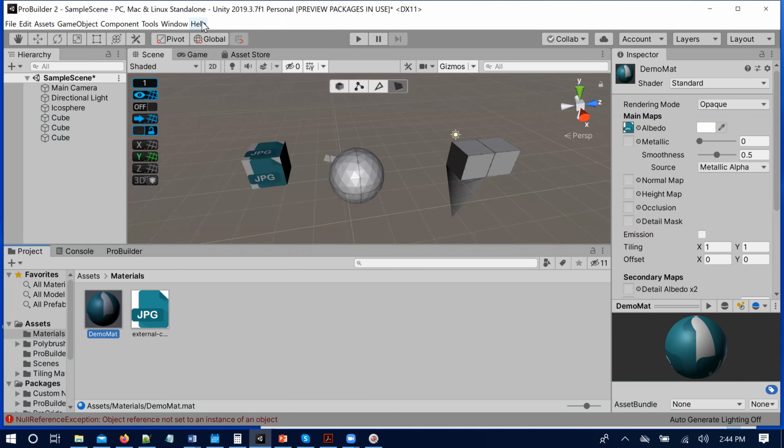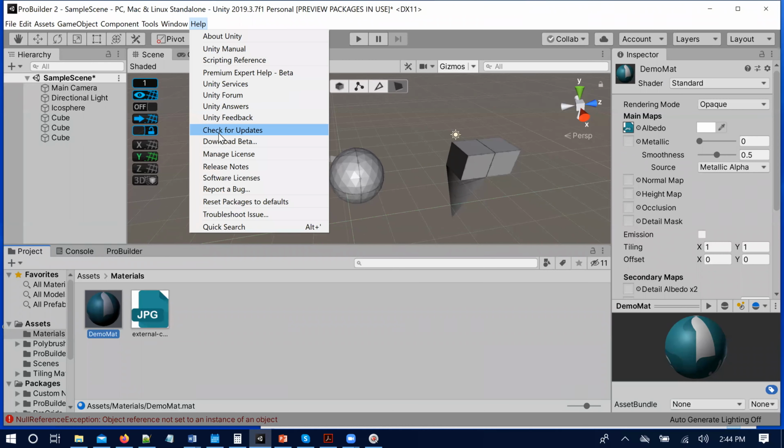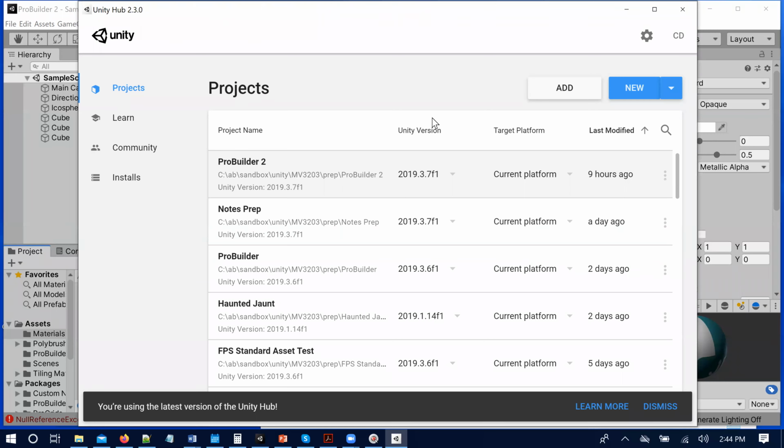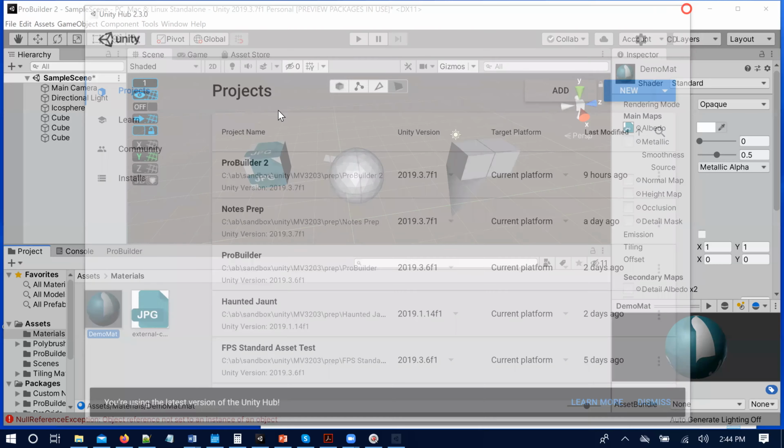Okay, once you have your license, I think the way it's going to work is you're still going to download a version of Unity, you fire it up, and it's not going to be licensed. The way you put your license in is you go into Help here and then Manage License, and that should allow you to do what you need to do. Basically put in a license number, which hopefully it will accept, and everything will be good. And I'm not seeing that.